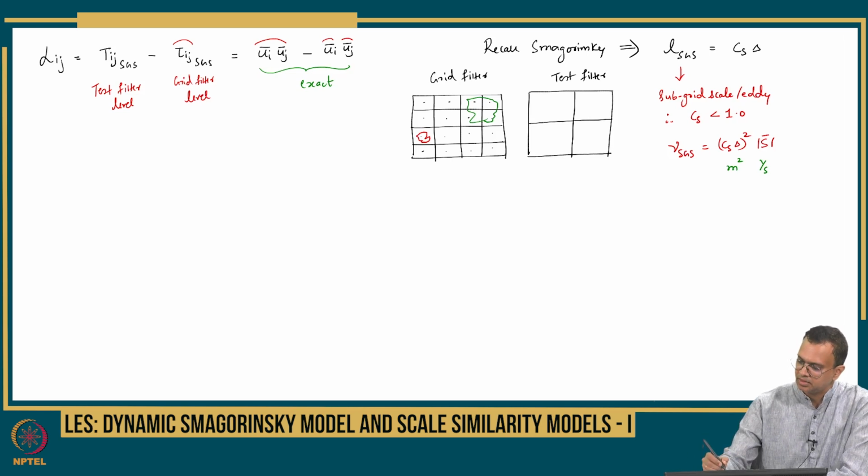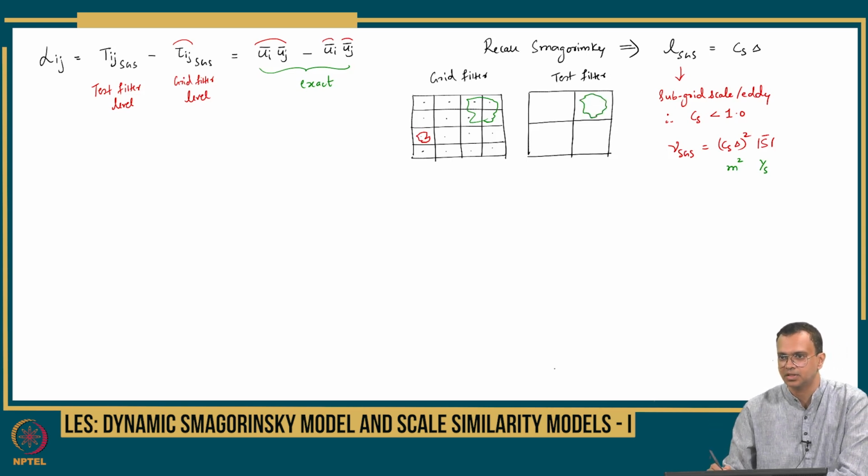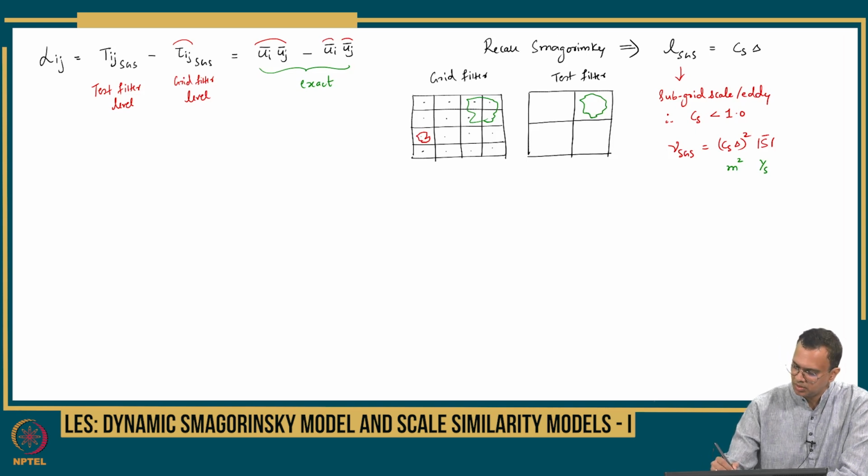Here, this particular eddy that we had, this now becomes subgrid, right? So this is resolved here, resolved using the grid filter, and this is your subgrid. Now this becomes subgrid here,